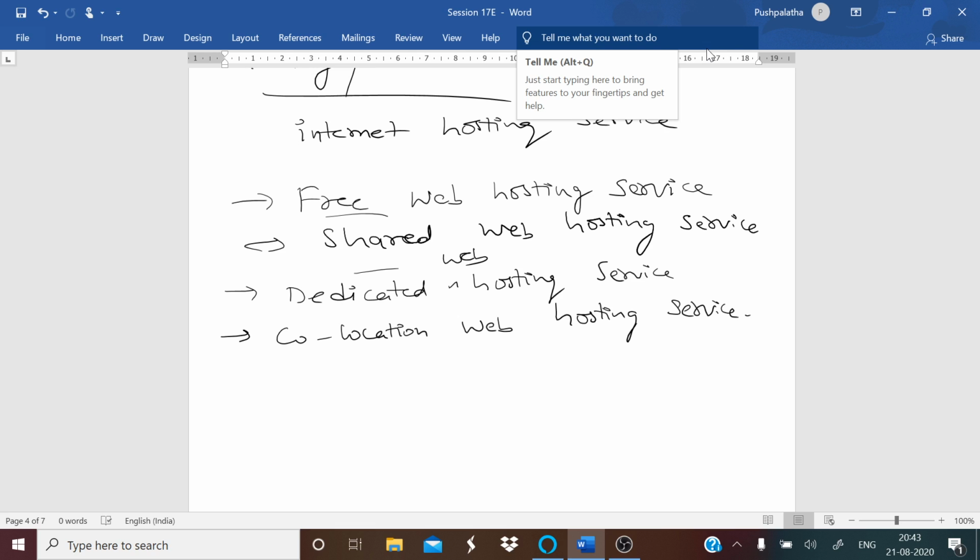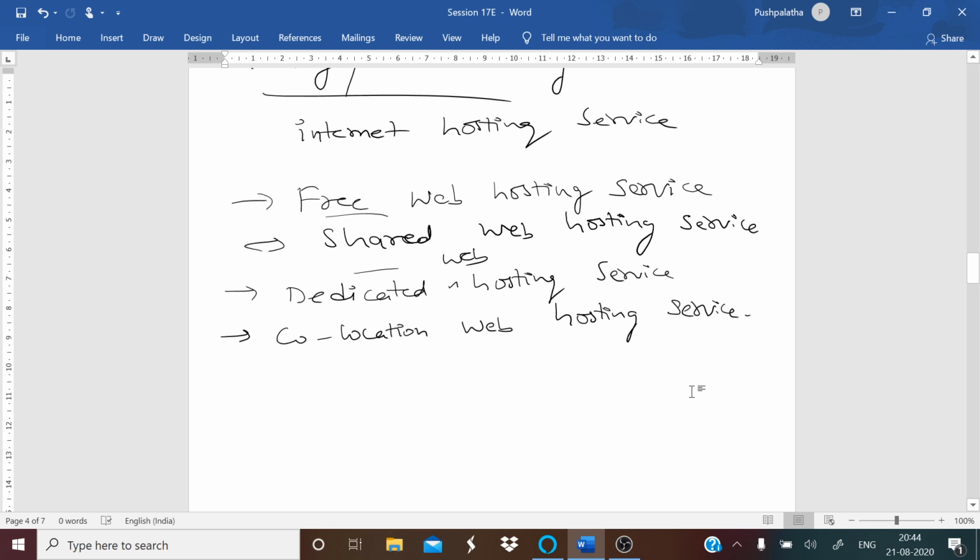I think we did not go into the steps used for web hosting. Just go in detail about that. As we said, domain registration has to be done. That is processing of acquiring a domain from a domain name register is known as a domain registration.